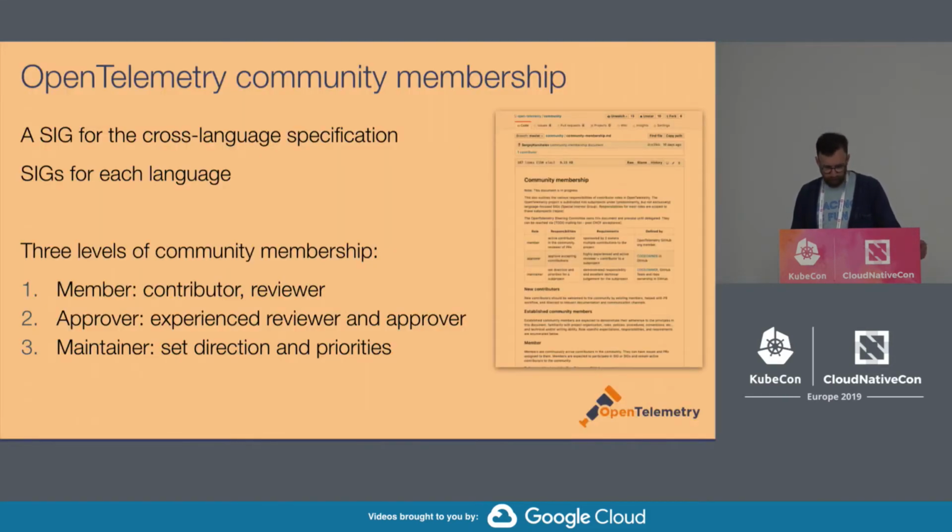Oh yeah, I just ruined these slides by saying it. You can look this up online if you want on the OpenTelemetry GitHub, if you want to look at how community membership works and how governance works, but there are 3 levels of membership as contributors to the core project. Anyone here is welcome to become a contributor. It'd be great to have more people involved.